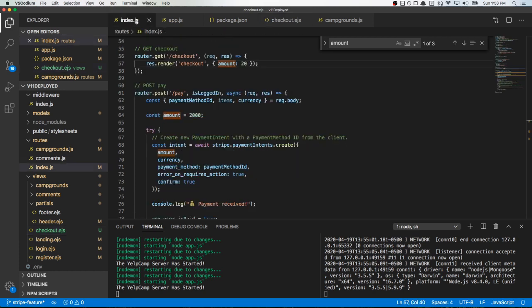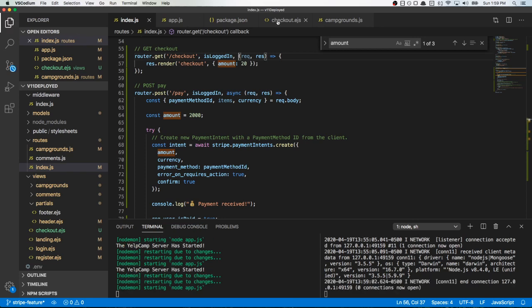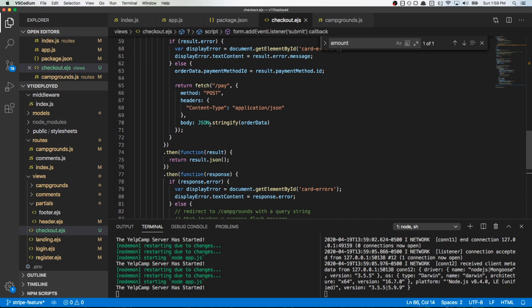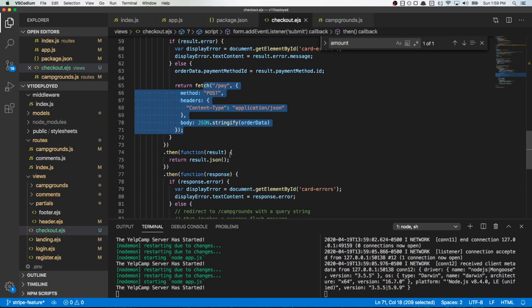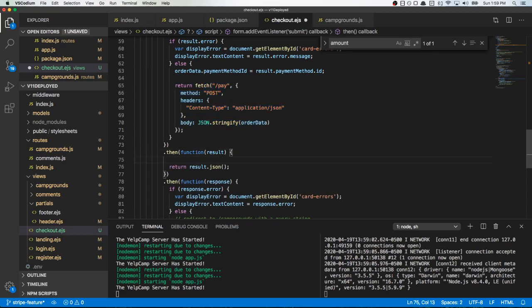So let me just get rid of these real quick and go back over. So what happened was we submitted a fetch to here. It checked to see if we were logged in. We weren't logged in, and we didn't handle what would happen if we weren't logged in. Now we do need to be logged in, because otherwise we don't have access to the user. Of course, the checkout needs to be logged in too, because that will help mitigate even needing to check for that error. It sent this fetch right here, and then the result, this is where we would